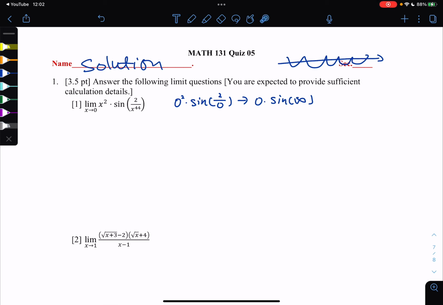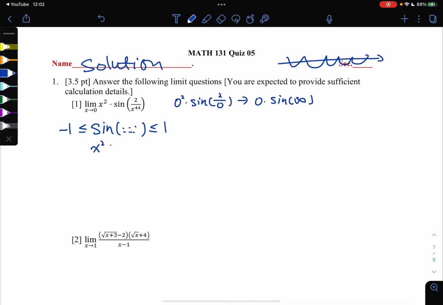Well, one very clear sign to use the squeeze theorem is the function has a very clear bound. So the sine of whatever, it doesn't matter what you have here, must be bounded by -1 and 1. And because this is x squared we are talking about, and x is approaching 0, so I know